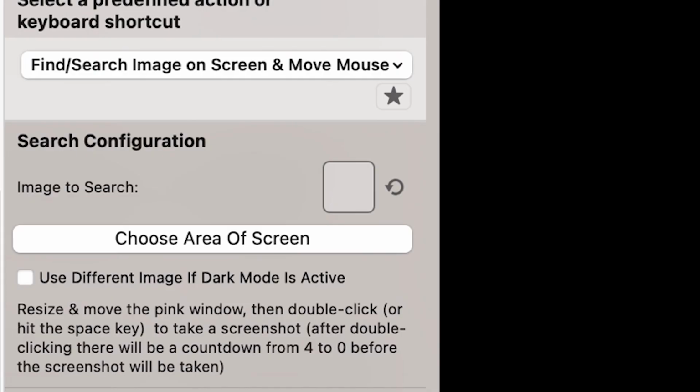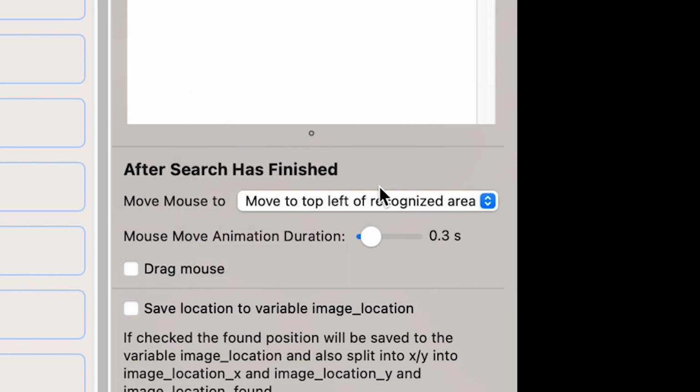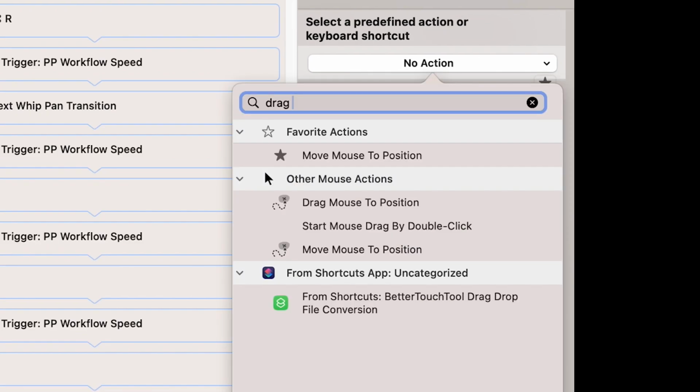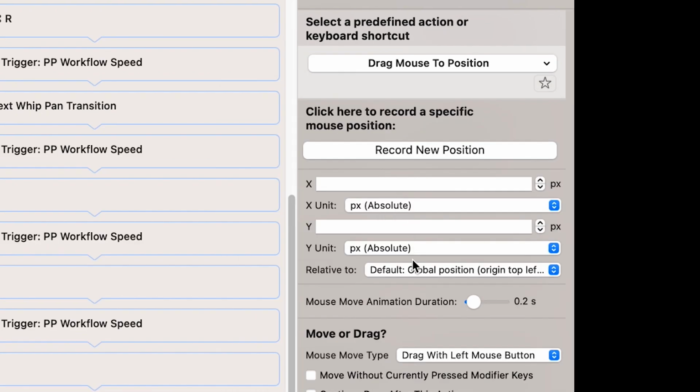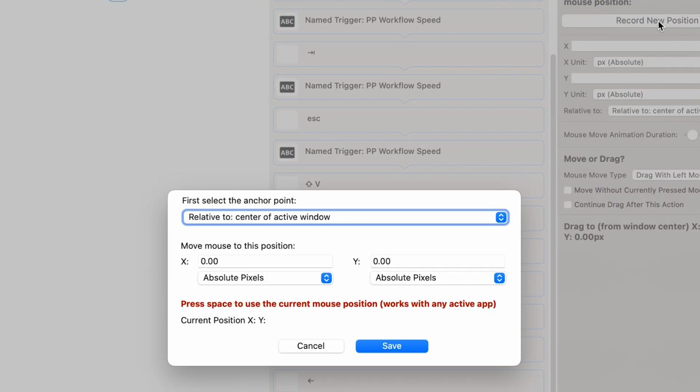Then hit the spacebar on your keyboard and wait 3 seconds until the screenshot appears up here in this little square. This will tell your mouse cursor where to hover, in our case exactly into the upper left corner of the screenshot. Now add a delay of 0.3 seconds this time, followed by an action called drag mouse to position. In the right column, choose relative to center of active window, then click on record new position and switch to